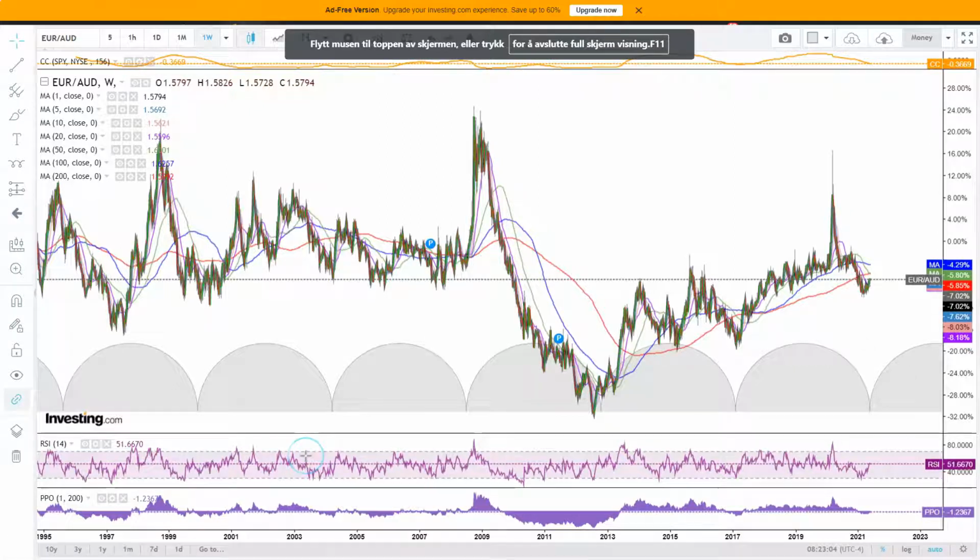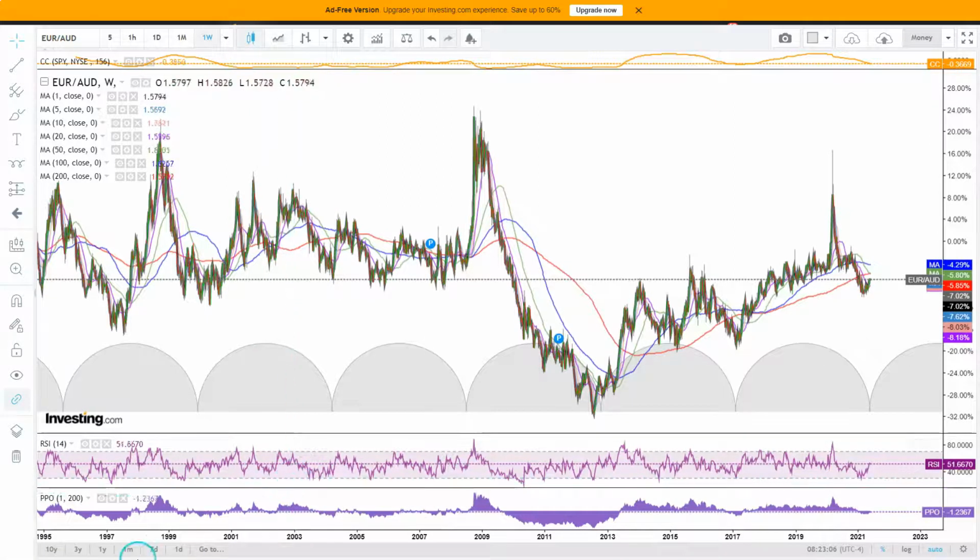So here we have the pair, and this is the gargantuan, multi-decade picture. We go all the way back here to 1994. So this is obviously a super big picture, but you see here this great time cycle. If you look at price and then you look at the time cycle, so rise, decline, rise, decline, rise, decline, rise, decline, and rise, decline. So you can see yourself that there's a relatively decent match here between the major time cycles and the price